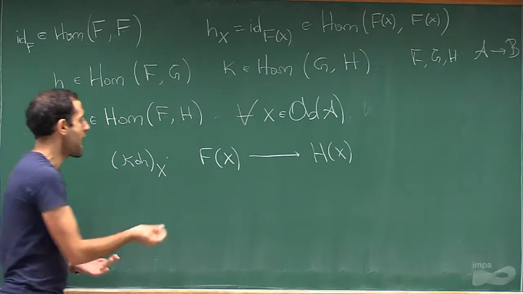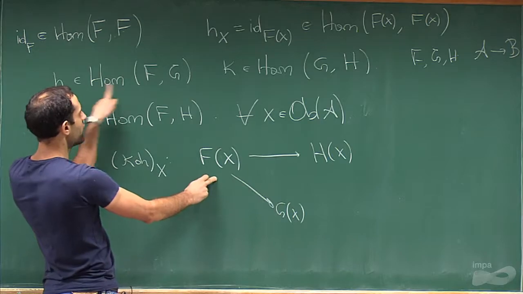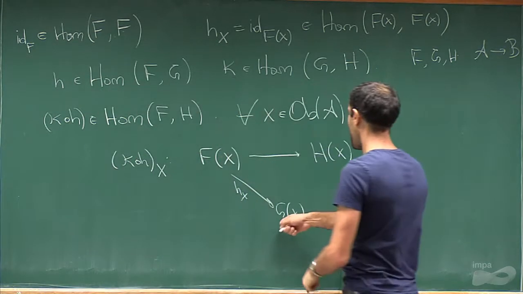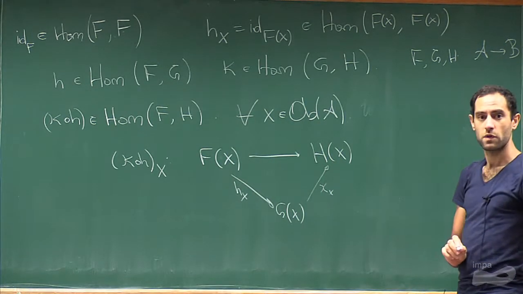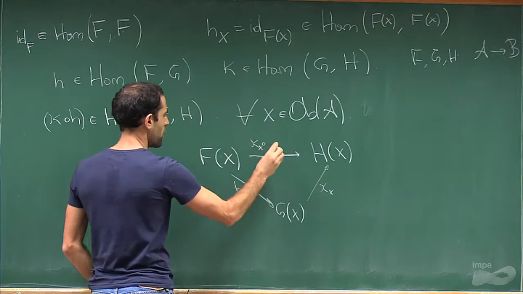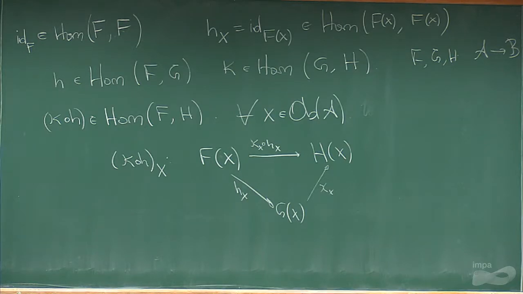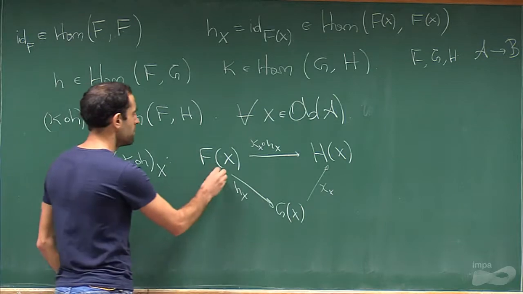But we have some data already. We have a map from f of x into g of x, which is what h gives me. H sub x, by definition, is such a map. And k sub x is, by definition, this map. So I can just define this guy to be the composition of k sub x composed with h sub x. Okay? And now I need to check that this satisfies the commuting diagram, but that's trivial. I need to check that this composition defined this way satisfies that commuting diagram, which is clear because if you have a morphism between x and x prime,